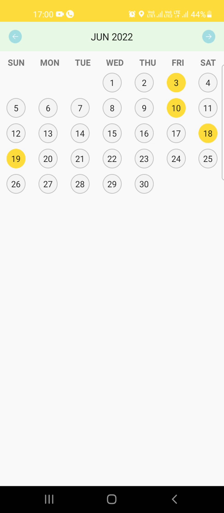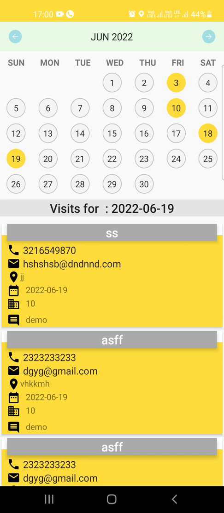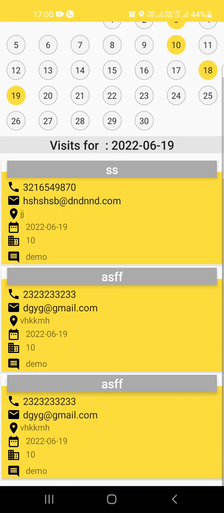For example, as you remember in my previous example, I marked a date of 19 that I need to visit a new customer, and as you can see, these are some of the demo examples coming up. All these examples are for my 19th date, so these meetings are coming up for my 19th, and accordingly as a user you can see your upcoming meetings and follow up with your customers. Okay,